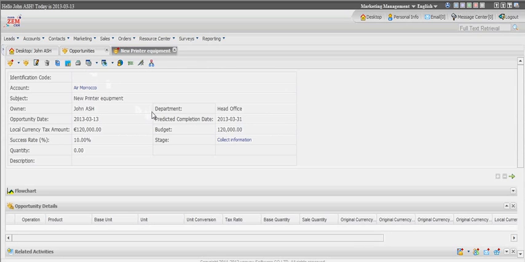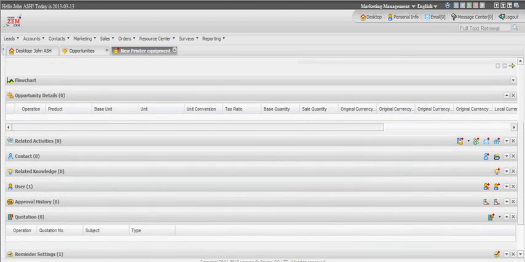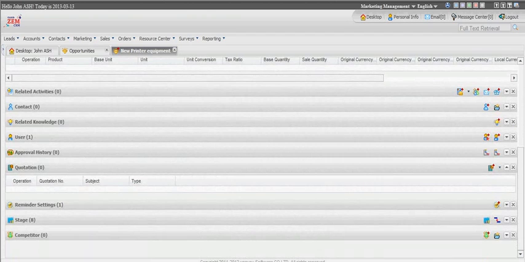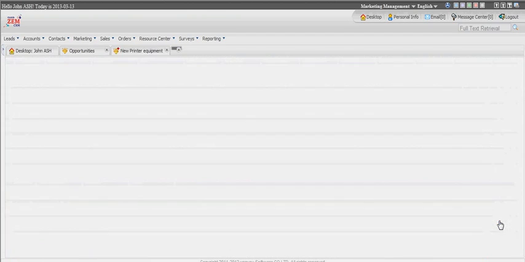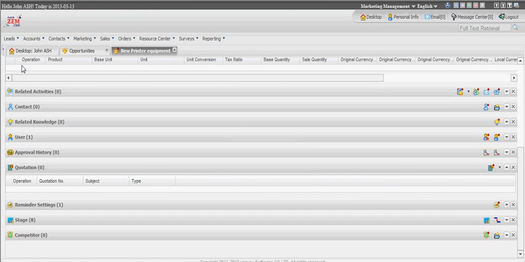A nice feature of Yunano CRM is that in the opportunity details in the bottom half of the screen, John can see all related information, such as the stage in which the opportunity is currently in. The stages are predefined to match the steps that are needed in his sales organization to keep track of business